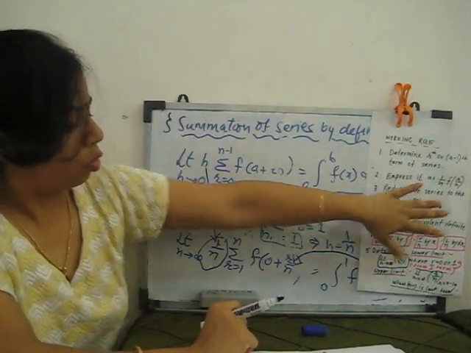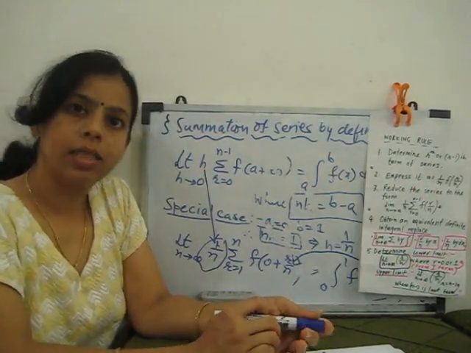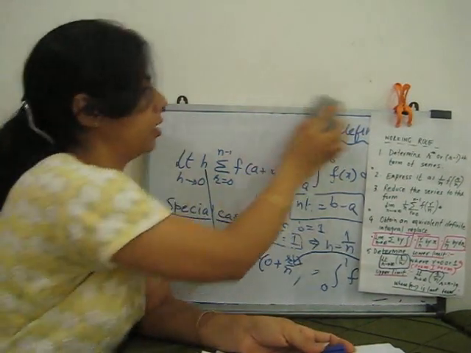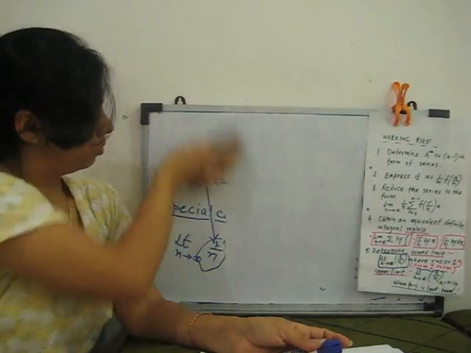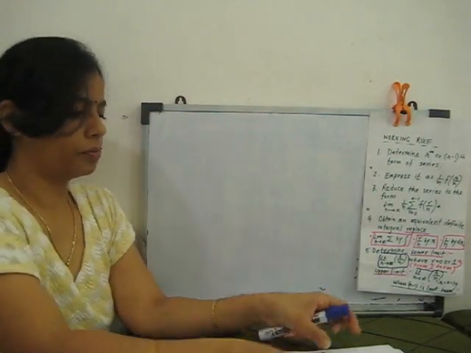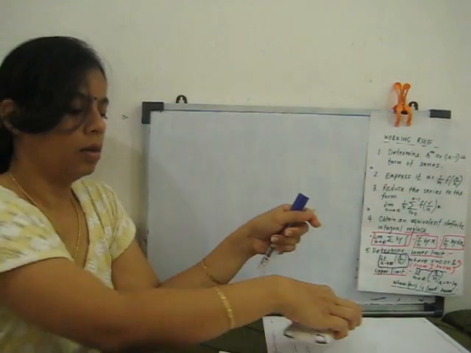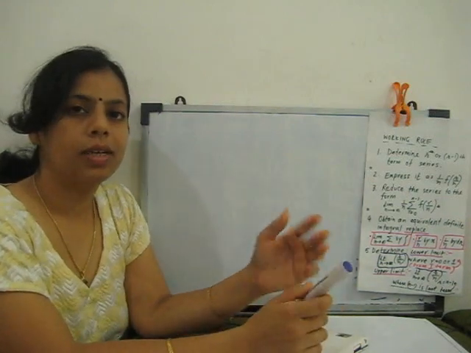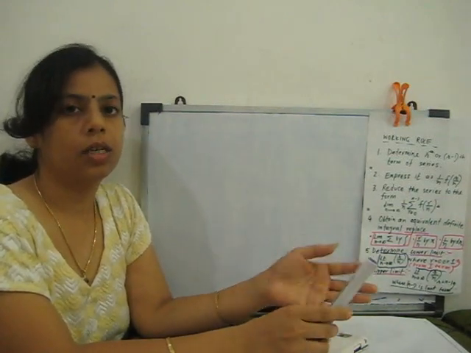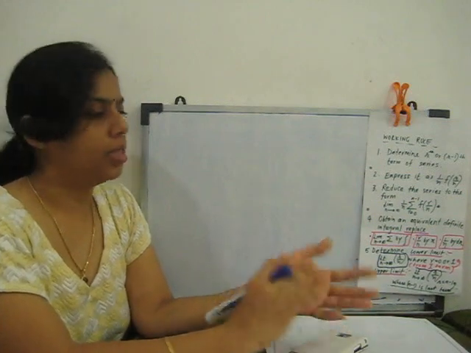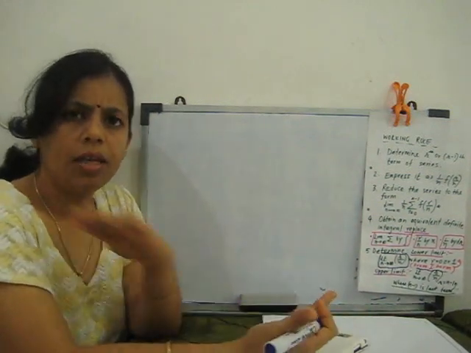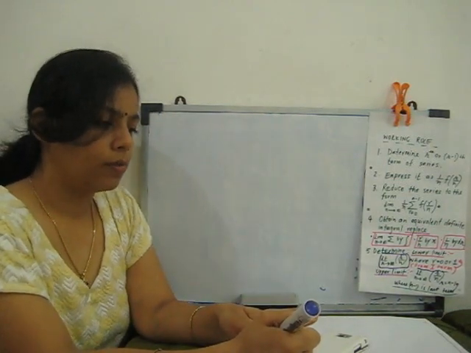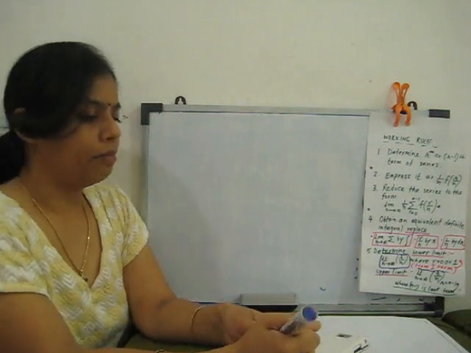Now we just go through one example so you can better understand how to solve summation of series by definite integral. Just let me show you. One very simple example. With this definite integral, we can very easily do summation of series. We can solve many series with this definite integral. We convert into an integral and very easily we can solve it. So, express the following series as a limit of a sum in the form of a definite integral.